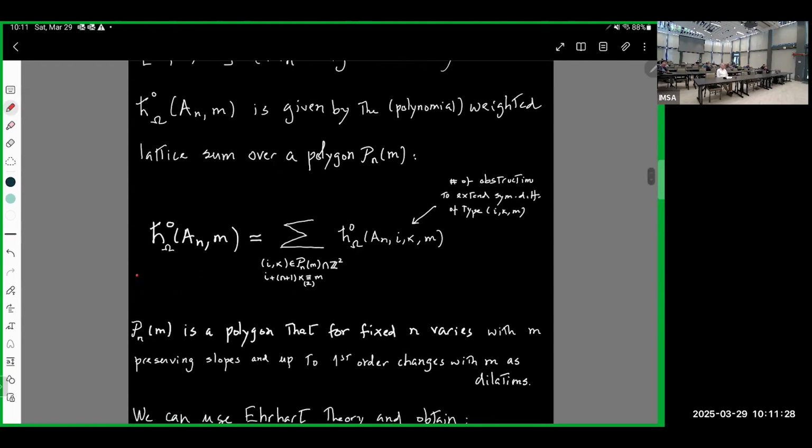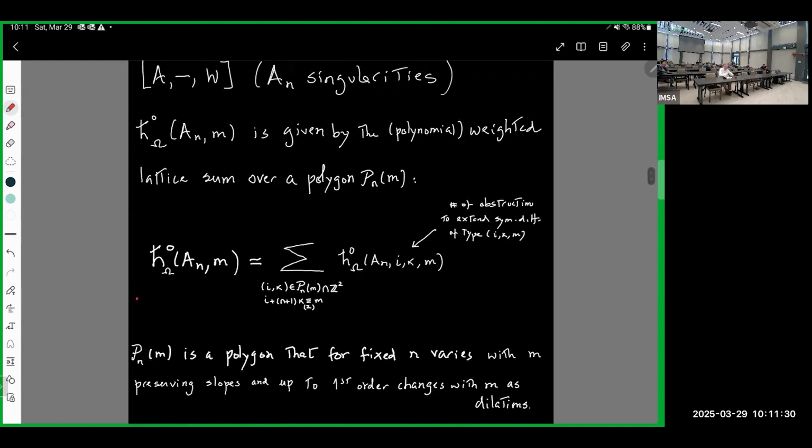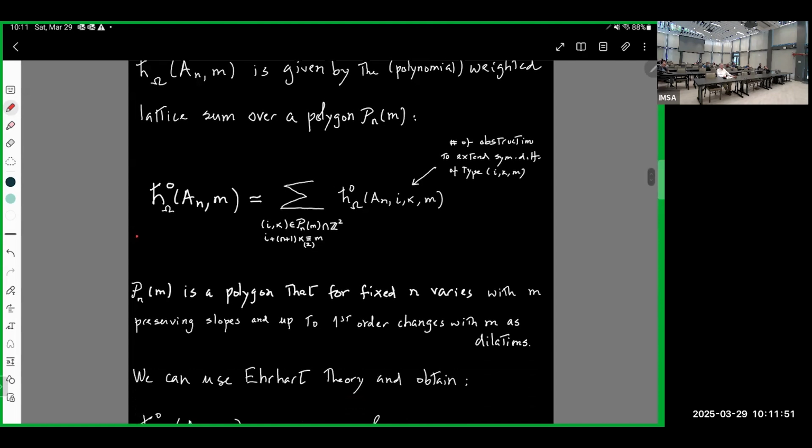The interesting thing is that these polygons change with m. They are not dilations, they are almost like dilations. They preserve the shapes, the slopes of the limiting edges. So there's an Ehrhart series for understanding these weighted lattice sums as a polygon dilates. This is called Ehrhart theory. And we obtain that actually